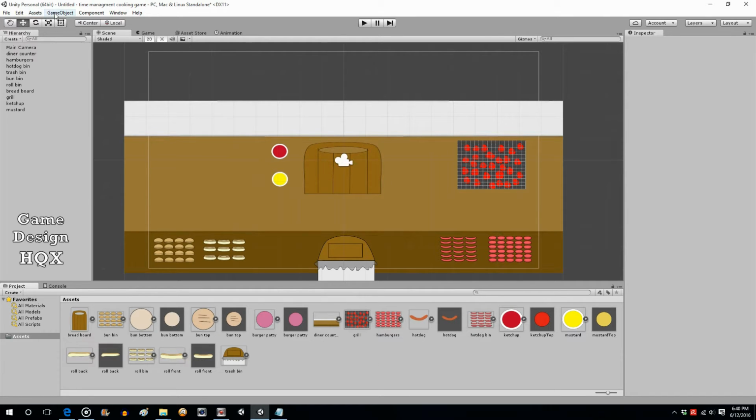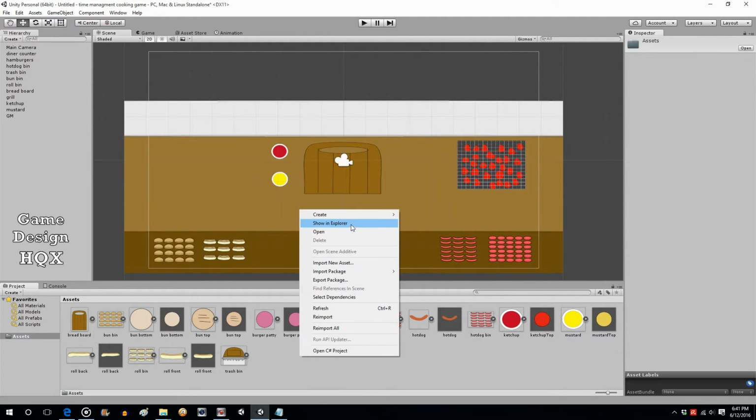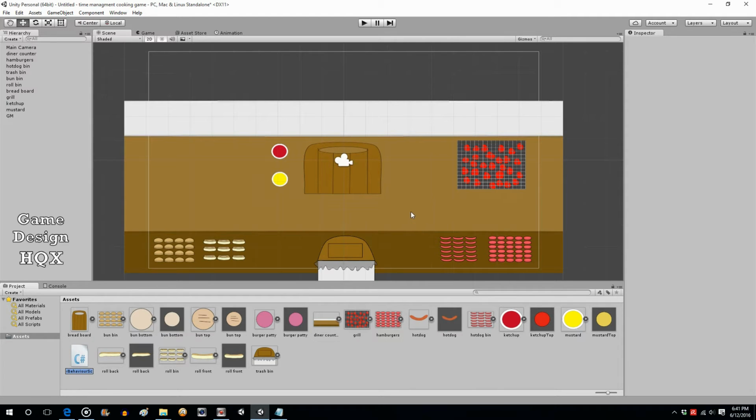So let's go up to game object, create empty, and call this GM. So it's going to be a game master object. Calling it GM really doesn't mean anything other than to you, the designer. It's just reminding you what you're using it for. In fact, we can just push that off the side of the screen. It's not going to have any graphics, but it's just going to be used to hold scripts that have overall connectivity functionality. So let's right click, choose create C# script,